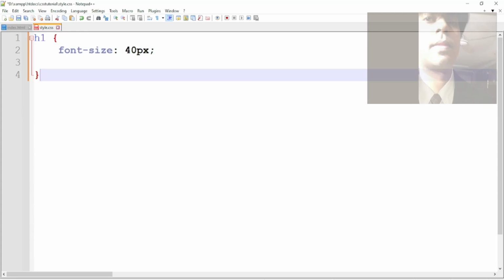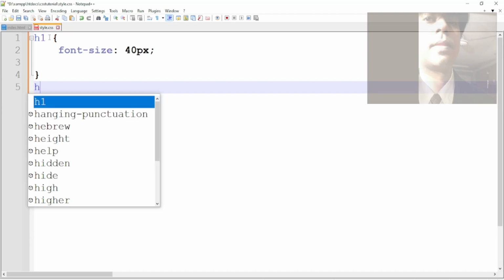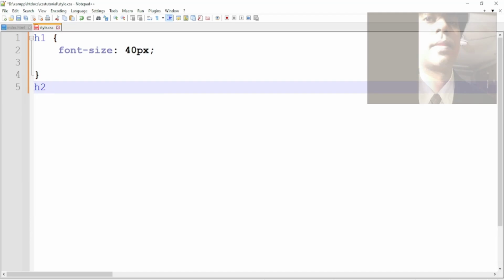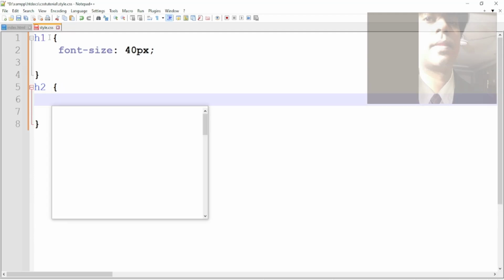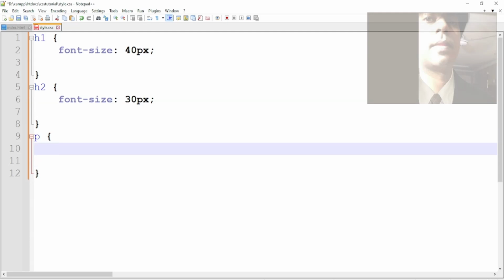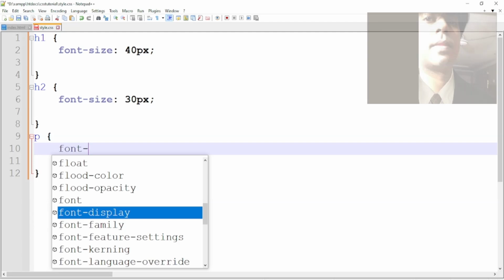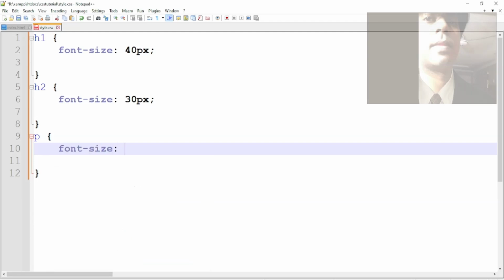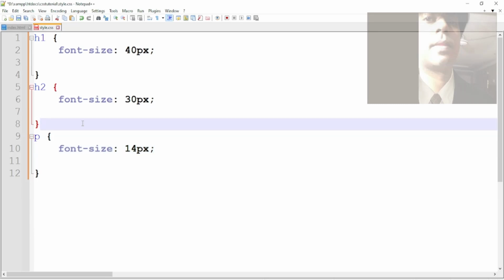semicolon. After that we will apply CSS on heading level 2, h2 selector, open curly braces and close curly braces, and font-size colon 30px semicolon. After that we will use P selector and we will apply CSS on paragraph, font-size colon 14px semicolon. If we use pixel, we can still use a zoom tool to resize our entire